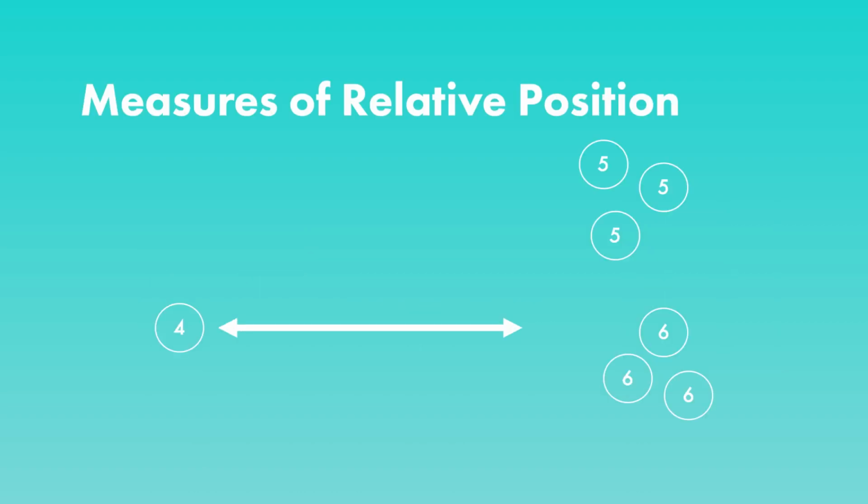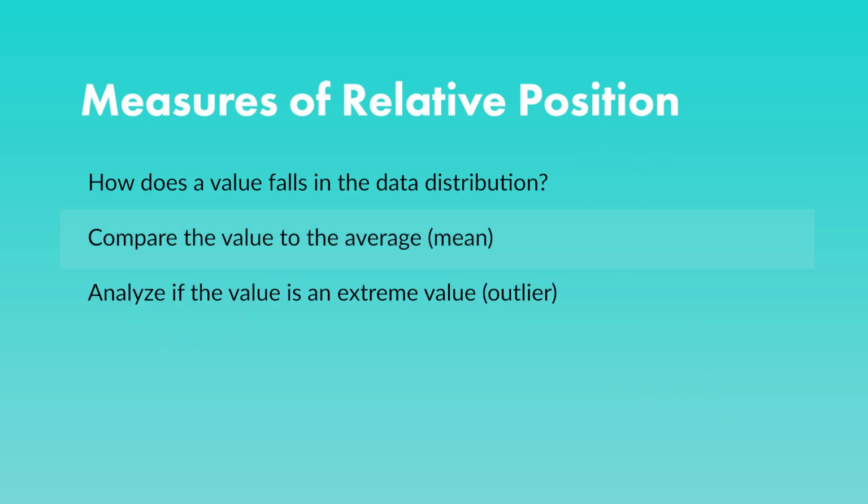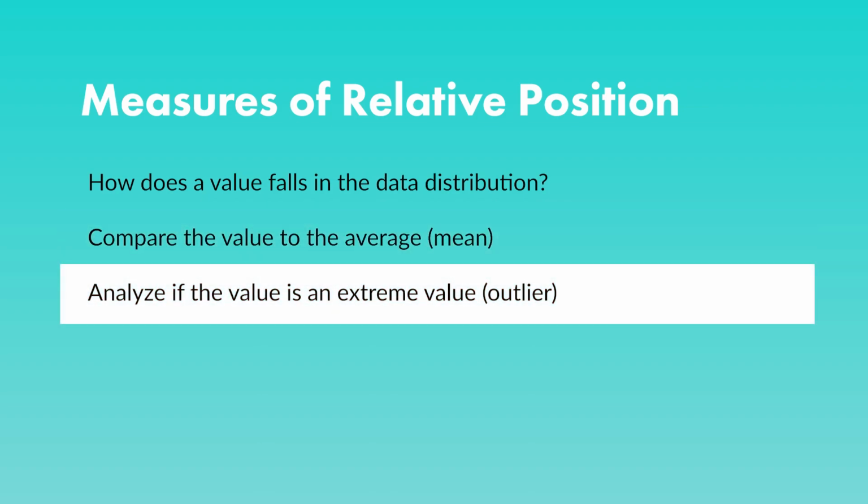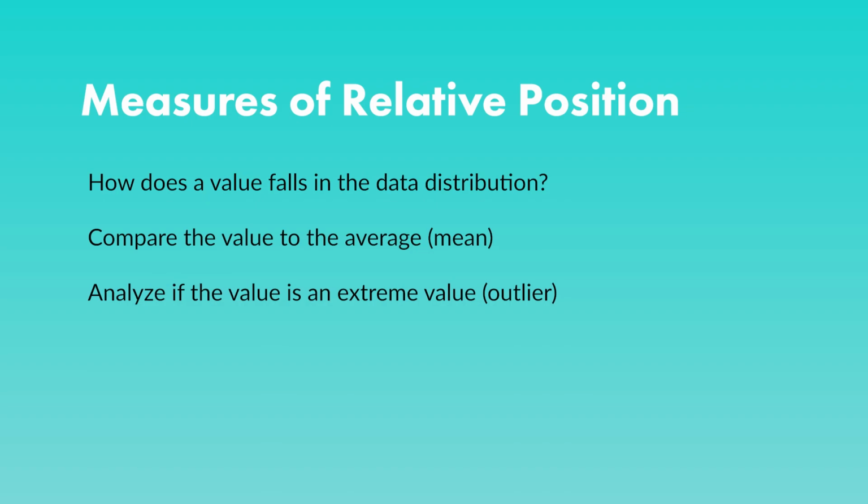And relative position gives us a way to find out how a data point relates to the rest of the data, how it compares to the rest of the data. So it gives us information such as how close the value is to the average, or if it's unusually high or if it's unusually low. These are some of the pieces of information that the measure of relative position can give us that are crucial